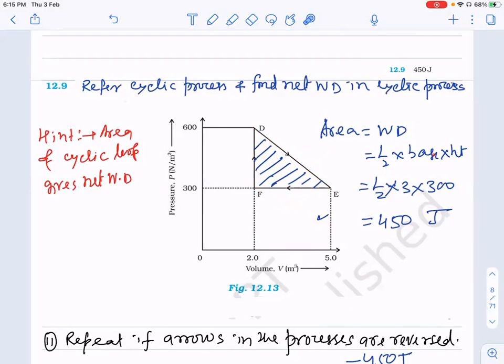बेस इनटू हाइट लिखा है यहाँ पर। यस सर। बेस कितना है? दिस मच इज द बेस। कितनी वैल्यू होगी? वॉल्यूम मीटर क्यूब में है, तो वी डोंट हैव टू चेंज इट नाउ। कितना हो गया ये? 5 - 2, तो ये 3 आ जाएगा। दिस विल बी 3, बेस विल बी 3। और ये हाइट कितनी है? 600 - 300, 300। ऐसा यूनिट है क्या? यस, ऐसा यूनिट, वी डोंट हैव टू चेंज इट। तो इट कम्स टू बी 450 जूल्स।